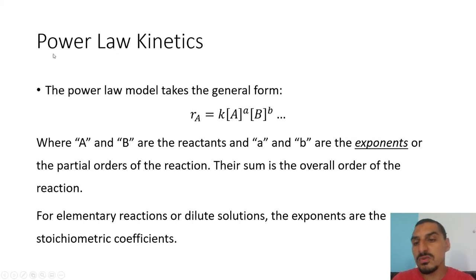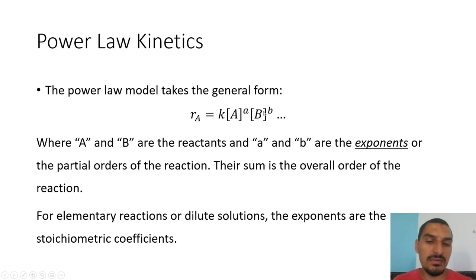And this is why it's called power law, because it's the concentration raised to the power of A and the concentration raised to the power of B. Then you'll have as many concentrations raised to as many powers as you want. So these are the exponents, or sometimes they're called the partial orders of reaction. Usually